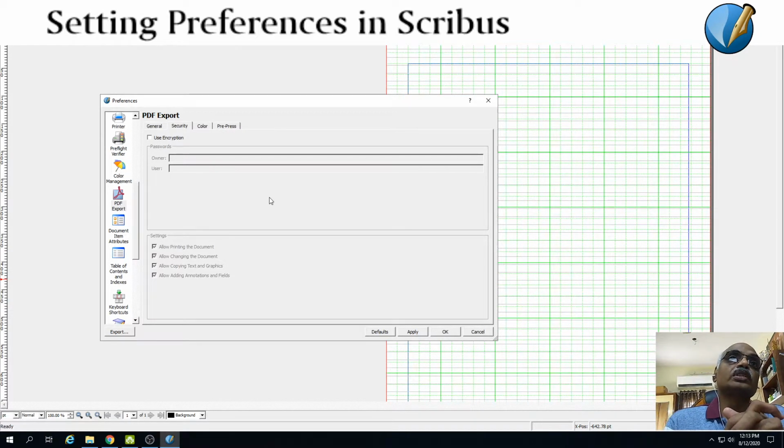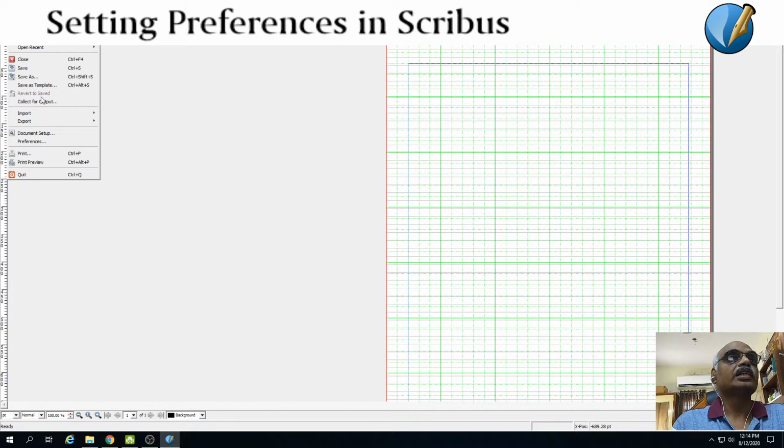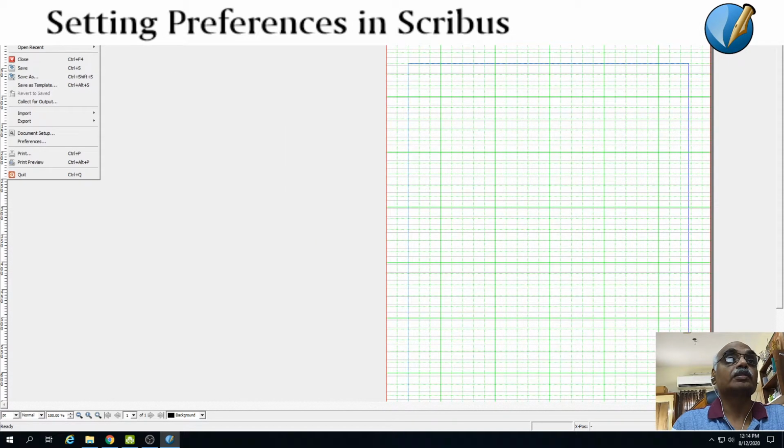Some of the books you would like to throw open, give out free, so in that case you cannot use encryption. So in this aspect of the setting, you always decide at the level of the document. By going to the document level, I will show you that. You need to decide that setting at the level of the document setup, and that will give out the setting pertaining to the document.